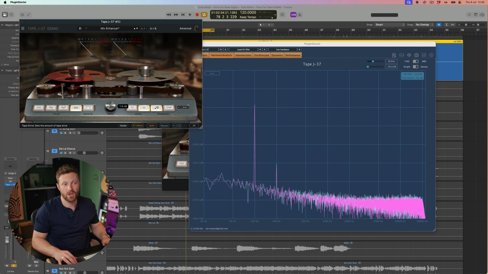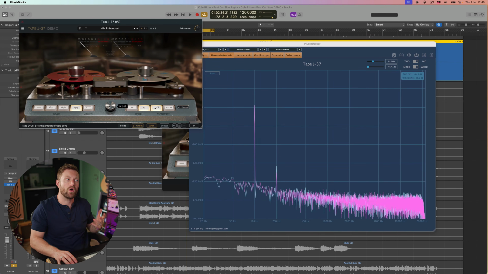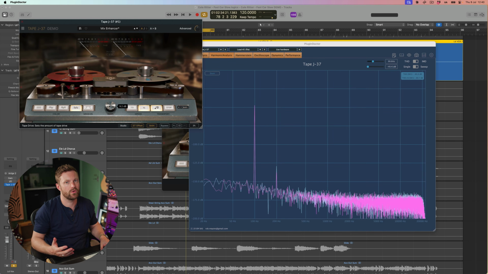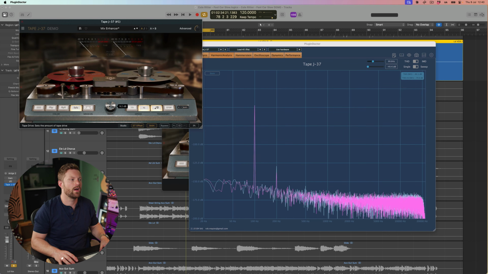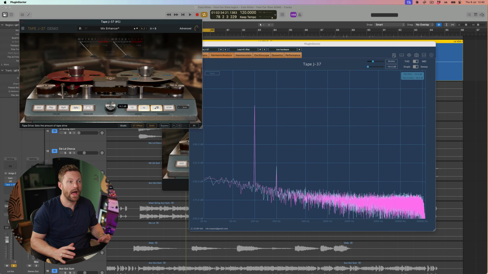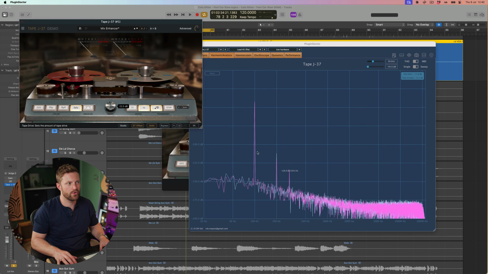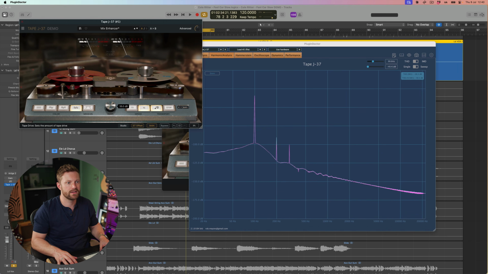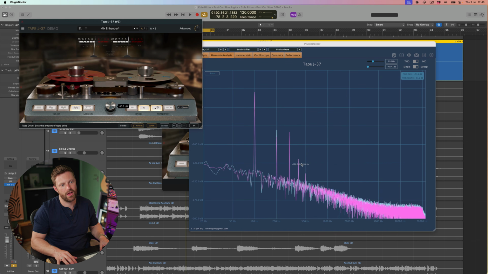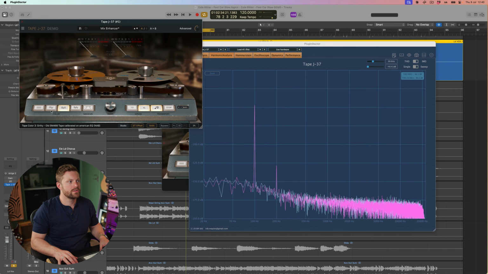So already one takeaway from this: on the valve, initially we just had third order harmonics. On the tape, initially we just have second order harmonics. So valve is third or odd, tape is even or second order at low levels. As we start to increase it, we can see this third order also coming in quite aggressively. We can see second, then third, then the fourth starts to come up. And if we switch between these different modes,